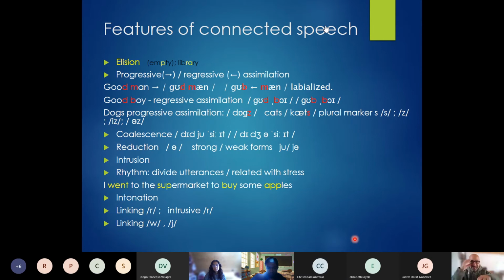Okay. So questions, comments? In that exercise, are we supposed to apply all of the features of connected speech that we have seen so far? Exactly. Got it. Thank you. Exactly. That's right. Yeah. Good. You actually summarized what took me a long time to say. You said it in a very brief sentence. So thank you so much for that.